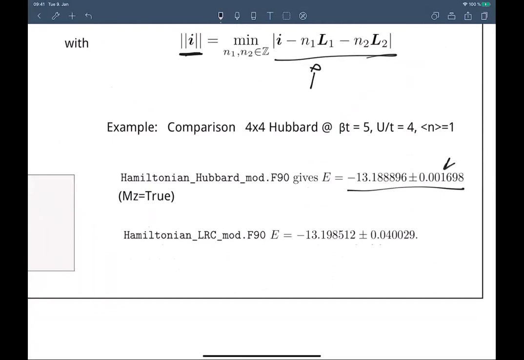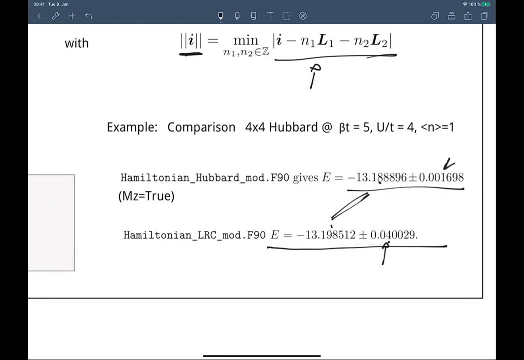If you use more or less the same time, then you will get this with this long range Coulomb. If you take alpha equals 0, you see you get the same result. I mean, 1.8, 1.9, my error is in here. So I'm doing very good. So these are equal, right, within the error bars. You see that the error bar is much bigger here.